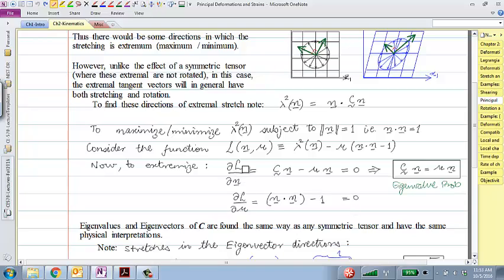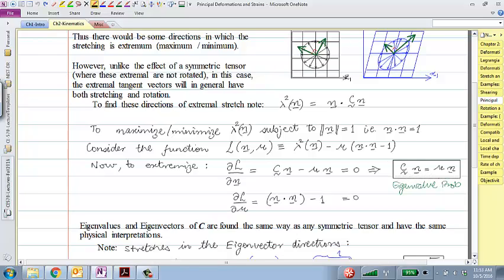Mu is an arbitrary multiplier, called a Lagrange multiplier. All we have done is, this is a function of two variables, and I'm setting its partial derivatives with respect to its independent variables to be 0, and that either maximizes or minimizes that function. We found that led to the equation Cn equals mu n,